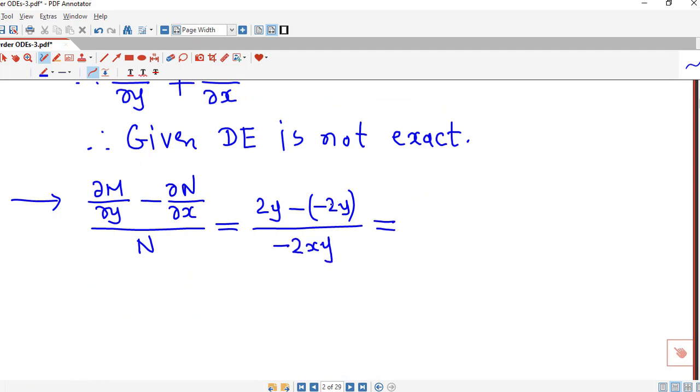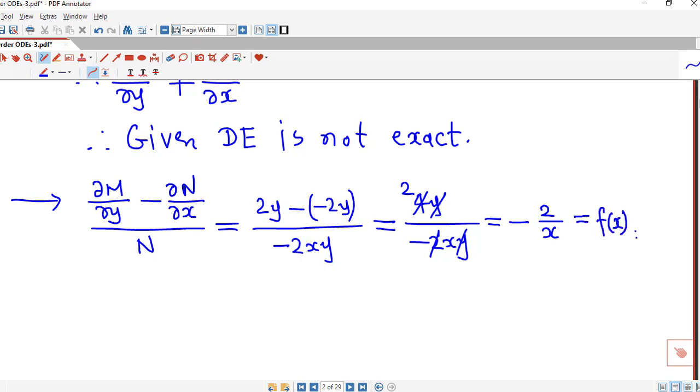So this is going to be 2y plus 2y, negative negative positive, divided by minus 2xy. So we can cancel out this 2y with this 4y. So here 2 will cancel out, y will cancel out, and we obtain minus 2 by x. So we can see this is function of x only,